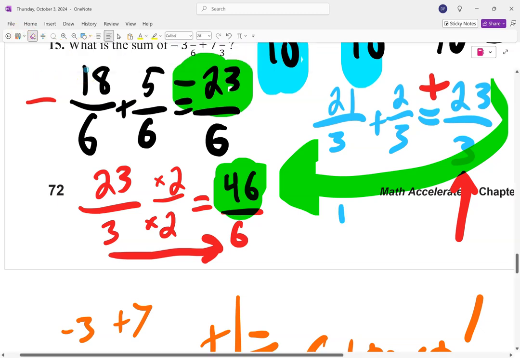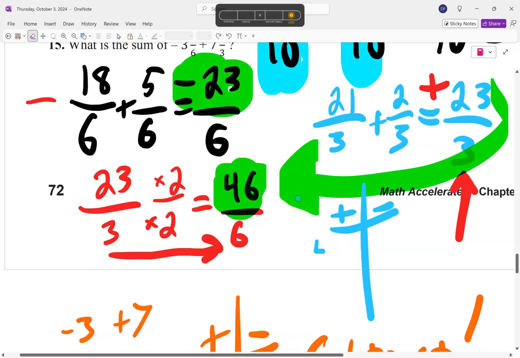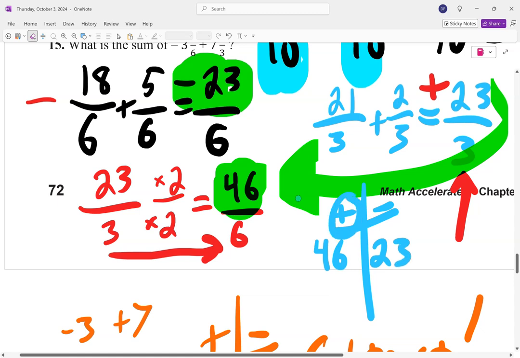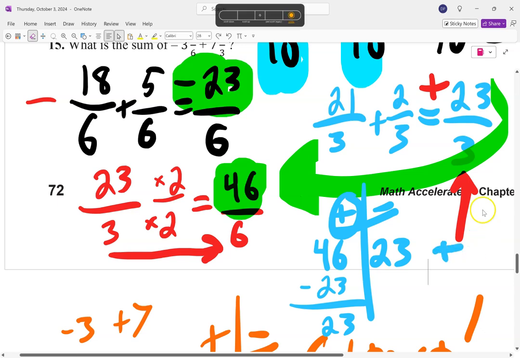This is a long problem any way you do it. 46 good guys, 23 bad guys. Good guys win by, we subtract, 23. So our answer is positive because good guys win, positive 23